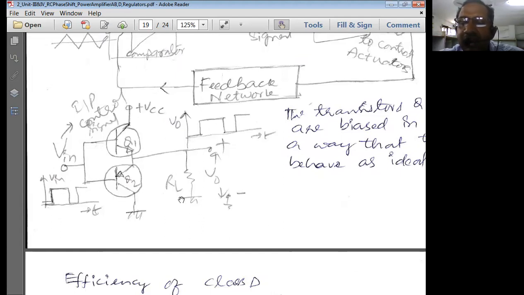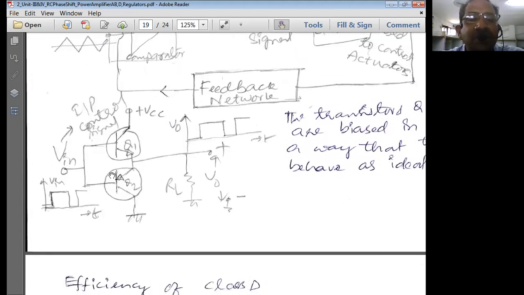So the class D push-pull power amplifier is especially used for switching purposes. Therefore, it is used as a switching amplifier. Wherever switching operations need to be performed in the power amplifier sector, there we'll simply be using the class D type of power amplifier. So the operation is very inevitable now.